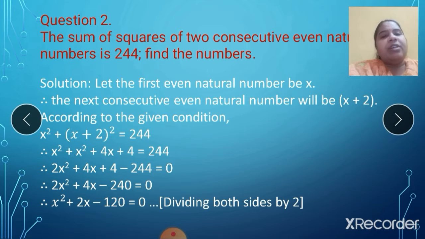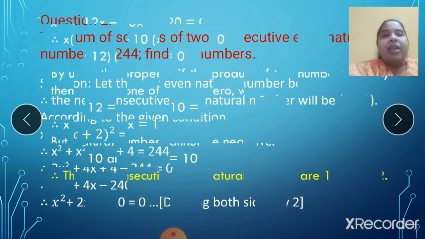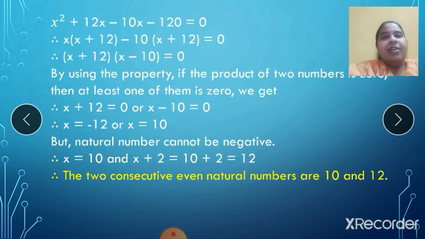So minus 120. Think about the factors so that I get this 2. I hope you have got it: minus 120, so that I get this 2. It should be 12 and 10. Correct? The middle term was plus, so the greater number takes the middle term sign. So plus 12x minus 10x minus 120.